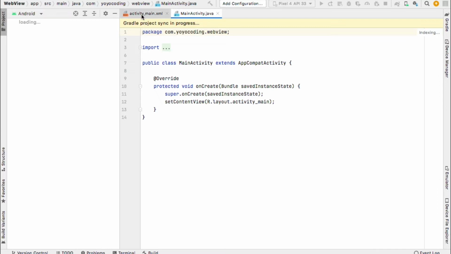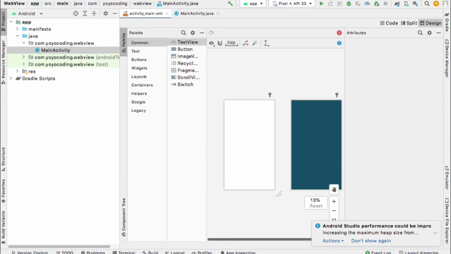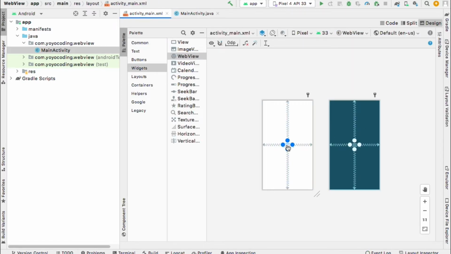So let's go ahead and move first to the visual side of things. We just want to drag in a web view into our app. So we'll go ahead and give Android Studio just a second here to get up and running. So once that finally opens up, let's go ahead and delete this hello world text here. And if we go to our widgets there, you can see there is a web view. We'll just drag this into the